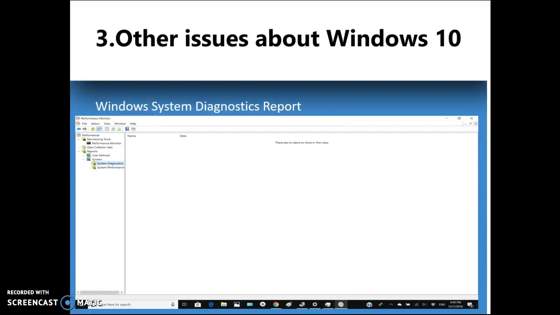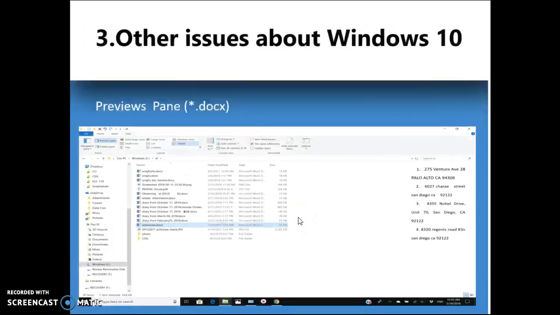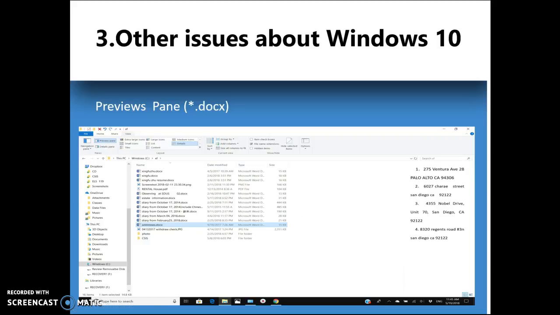The other issue is about the Windows system diagnostic report. Even though I chose that many times, my system diagnostic report is nothing. So I'm not sure. The other thing I'm interested in is the Preview Pane. This feature I never used before. I'm interested in why we don't run apps like Word or PPT,